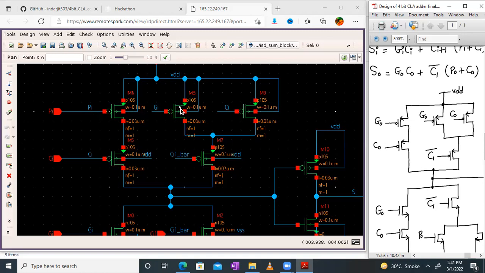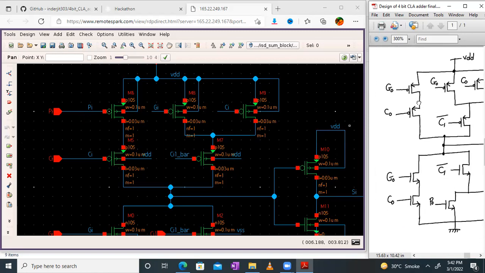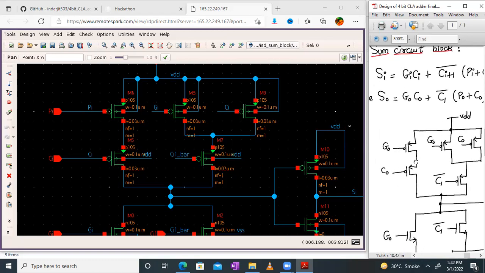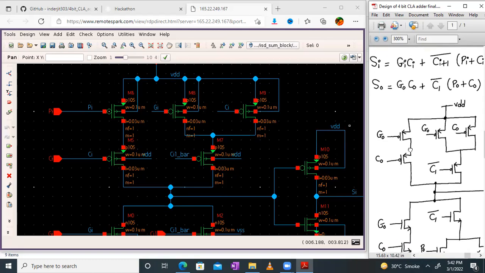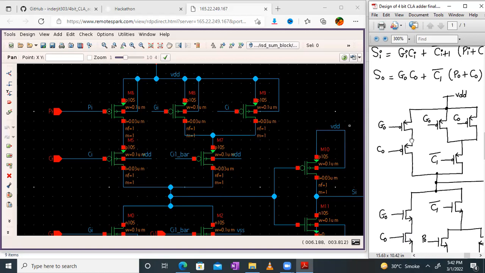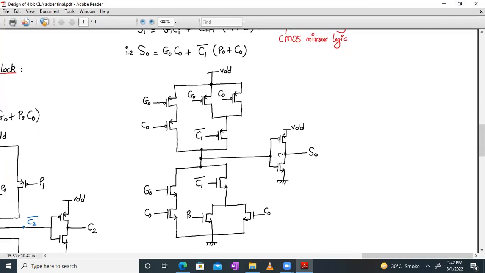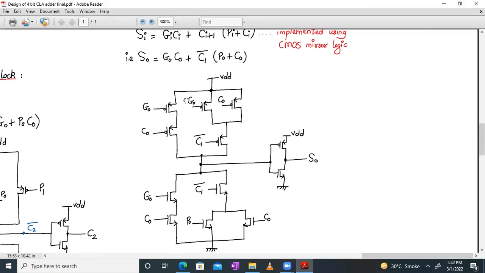Here it is GI, here it is G0. Okay, I guess there is some mistake over here. No, it's absolutely fine. Let me check. Yeah, this is P0. Okay, this is P0, not